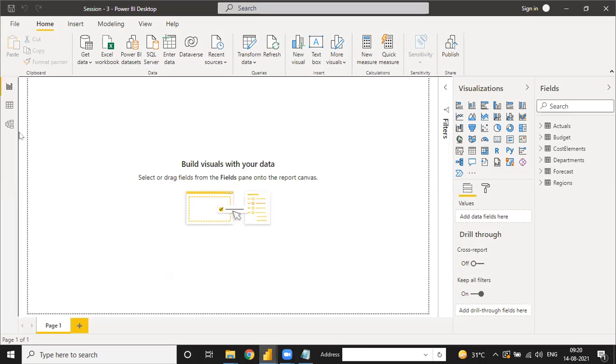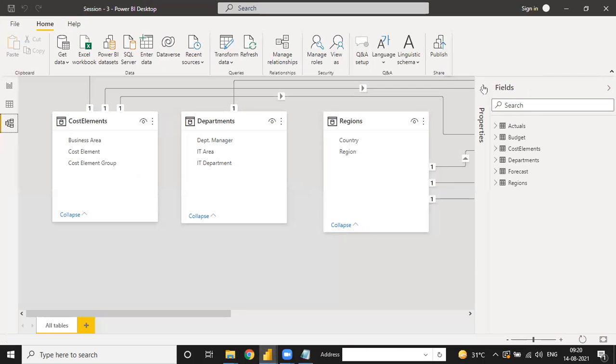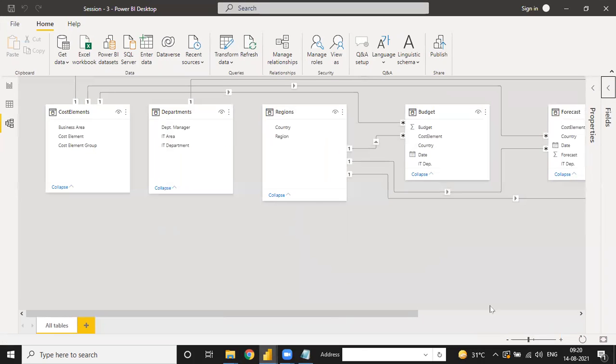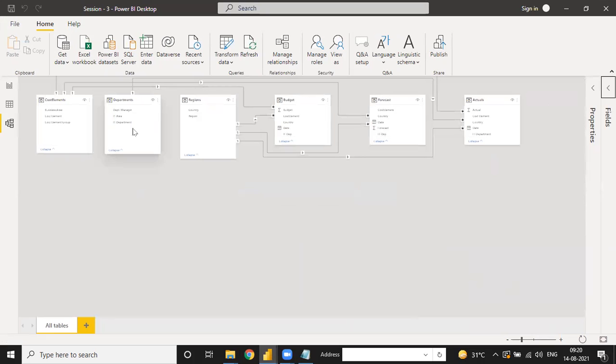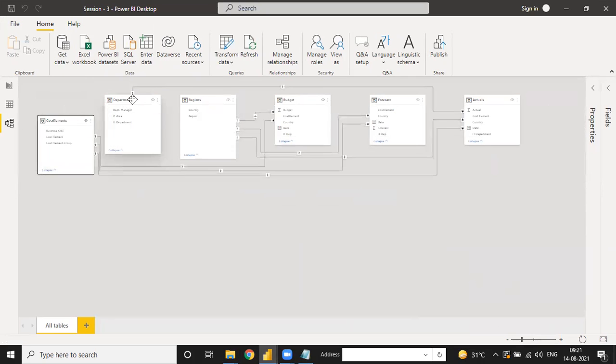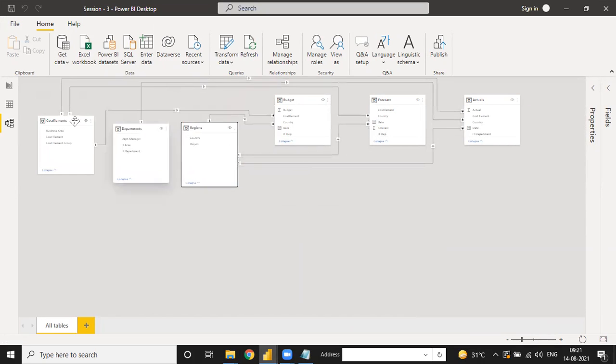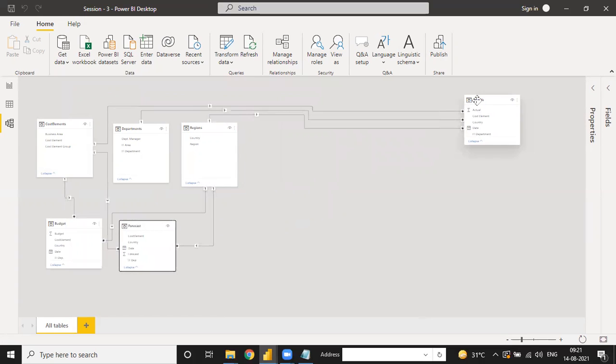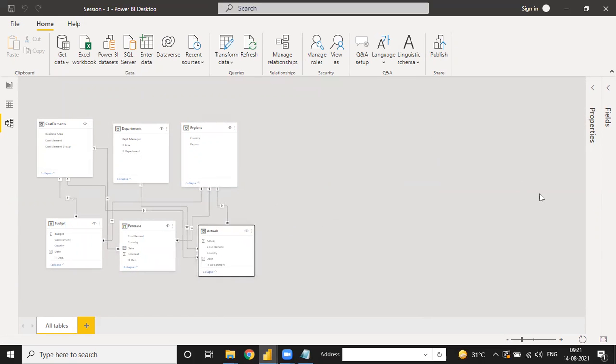This is a very important step, so you need to remember everything and focus on it. See, the total number of tables we have now is 6: cost element, department, region, budget table, forecast table, and the actual table.